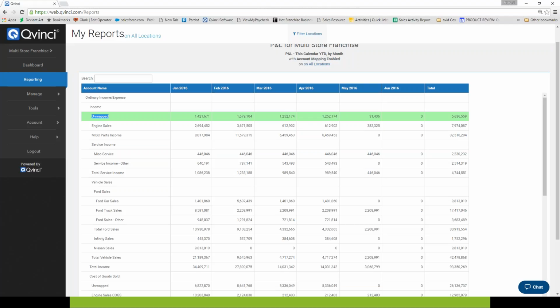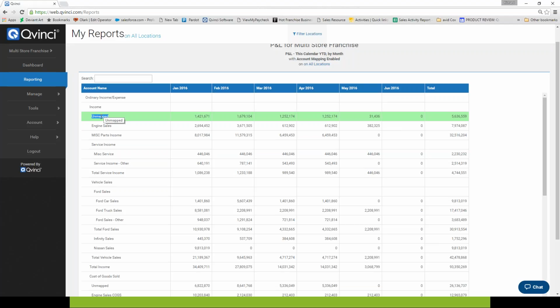With our dynamic mapping technology, we can actually get mapped roughly 70 to 80% of the chart of accounts and get everything in the right place. But you will have some things that are unmapped, and these show up when you run a P&L or something like a balance sheet, and you can take a look and go, okay, here's something that's unmapped. This requires your attention at the franchisor level, because something is not fitting in